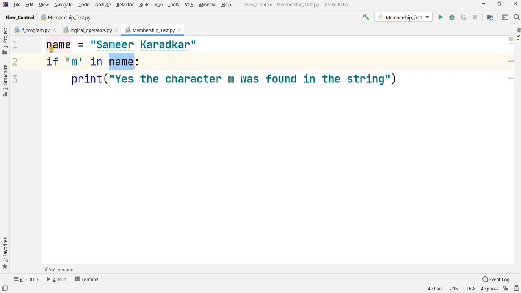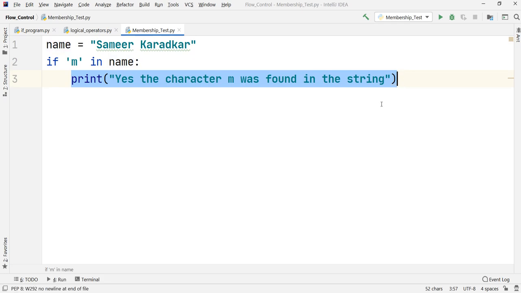Whatever you have written on the left hand side, it will check whether that part is there inside the right hand side part. Because the name variable right now points to this particular string, it will check whether the M character is there inside the string, and if yes, then this whole condition will become true and it will print out that the M character was found.